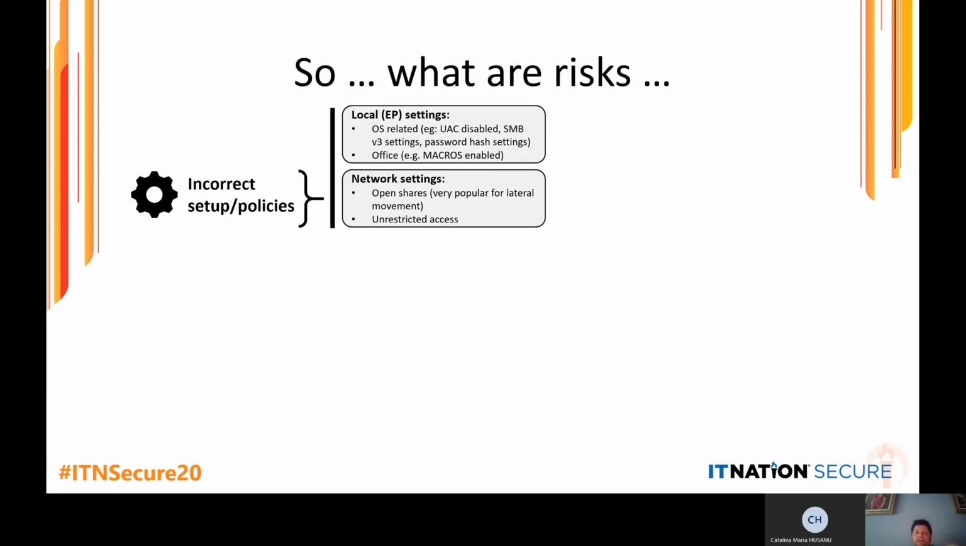Now, the first one is what we call an incorrect setup, or a misconfiguration, or incorrect policies. Now, this can be seen from 2 points of view. So one is at the local endpoint, where you either have some issues related to your operating system, like the OSCI is disabled, you don't have the proper settings for Samba v3, or you actually have some setups that will say your LSASS